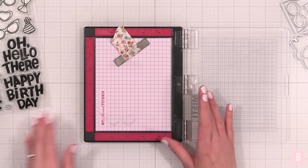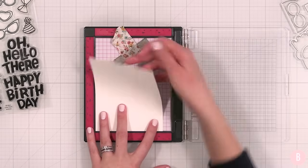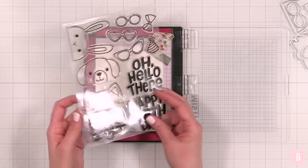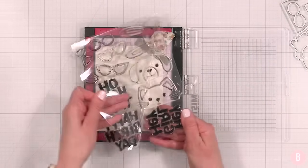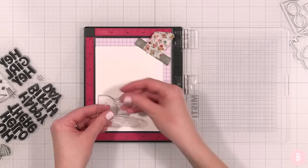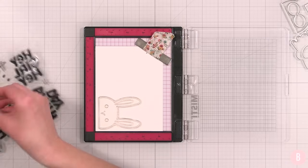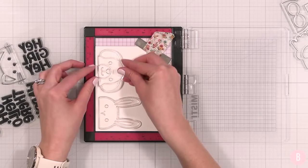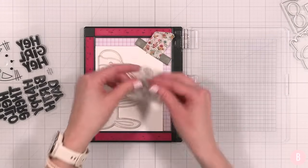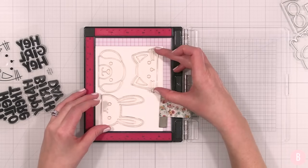And again, I do have the coordinating dies, and let's zoom right back in so we can really see what we're doing. Okay, let's go ahead and grab just some 80-pound cardstock. Okay, and let's see if I can get as many of these little cuties as I can on here. So what I will do, so I'll grab the bunny, okay, and the dog, this little cat,